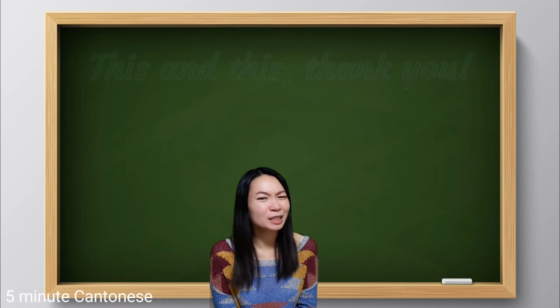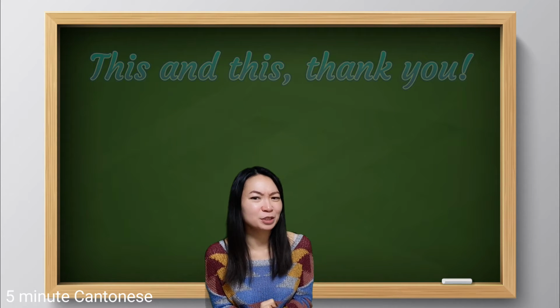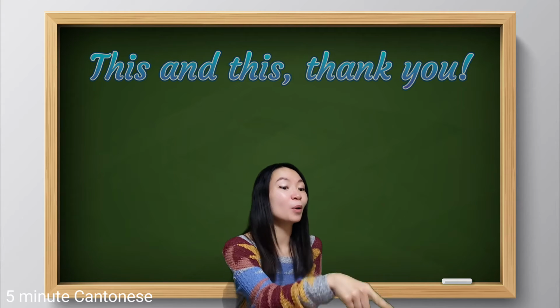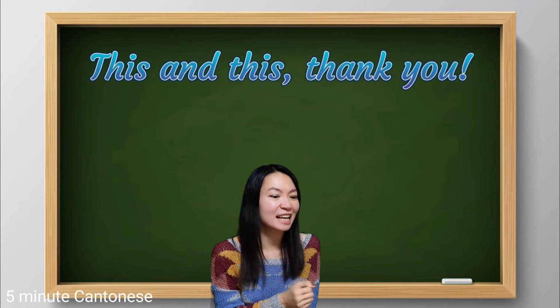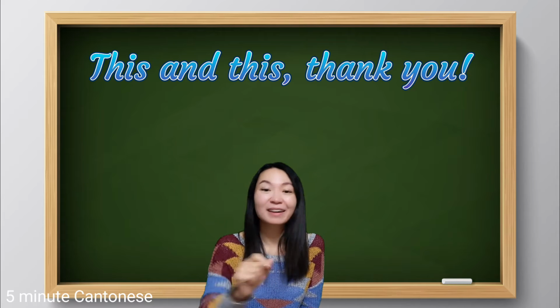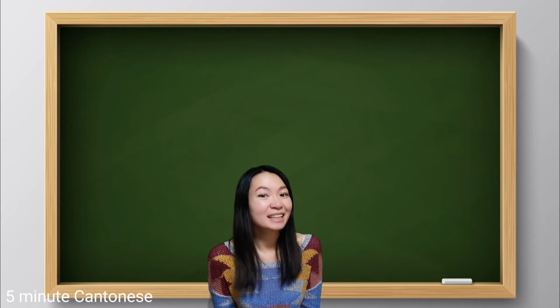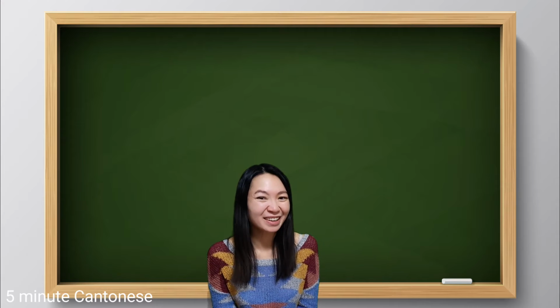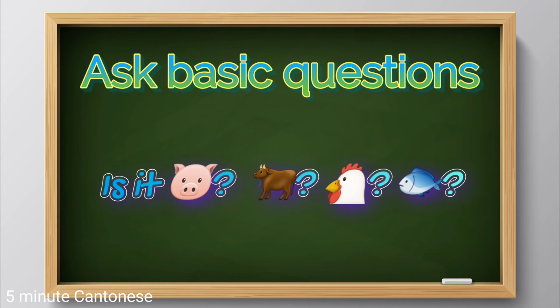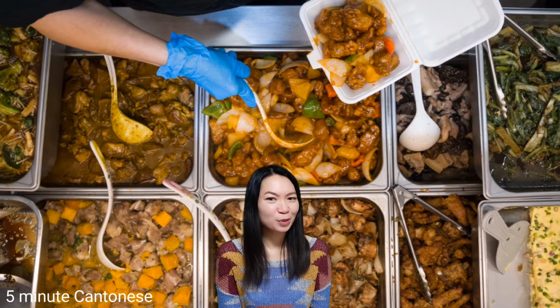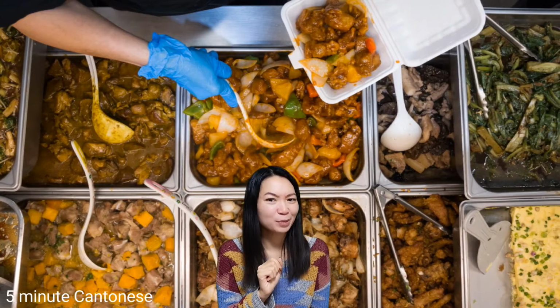Let's say basically you eat everything. You're adventurous. So when you order this rice, you can simply point to the dishes you like and say 呢個同呢個. Please, thank you. 唔該呢個同呢個唔該. Level 2. Ask questions. Well, don't ask too many questions.